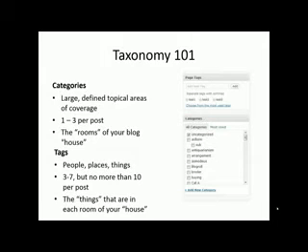Tags are a bit more granular. They are, if we're using the home analogy, the items within your home. You could, in theory, have unlimited tags within each post, but I would suggest somewhere between 3 and 7 and no more than 10 per post. These tags are the who, what, when, and where of your blog post, names of people, places, and things that could help further sort out your content.